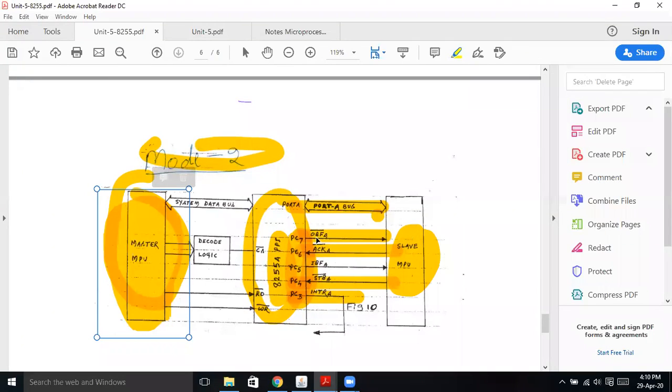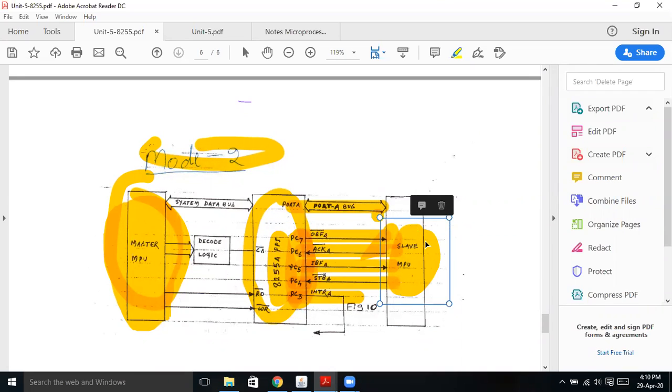It is giving the instruction through OBF that the slave MPU has to wait till the output buffer is empty. So this is the output buffer, this is the input buffer. These both are external pins. You can say the arrow is here only. This means these pin signals are generated by the 8255 IC and given to the slave IC. That's why these arrows point to the slave IC.